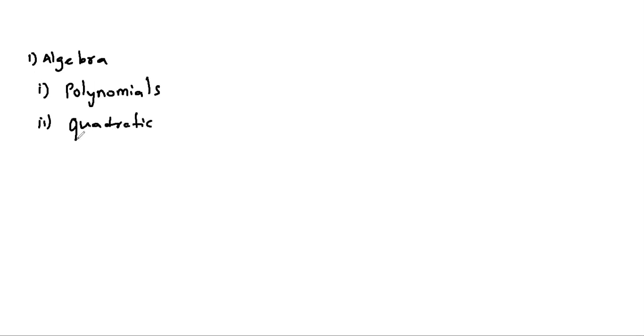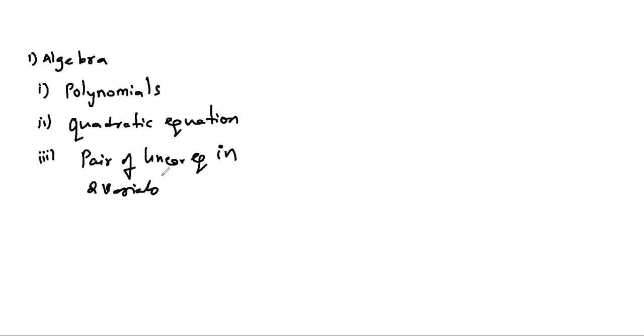Okay. Now, first you should know we have algebra chapters. The algebra chapters are: first, polynomials; second, quadratic equation; pair of linear equations in two variables; and the fourth one, arithmetic progression. And next, trigonometry,